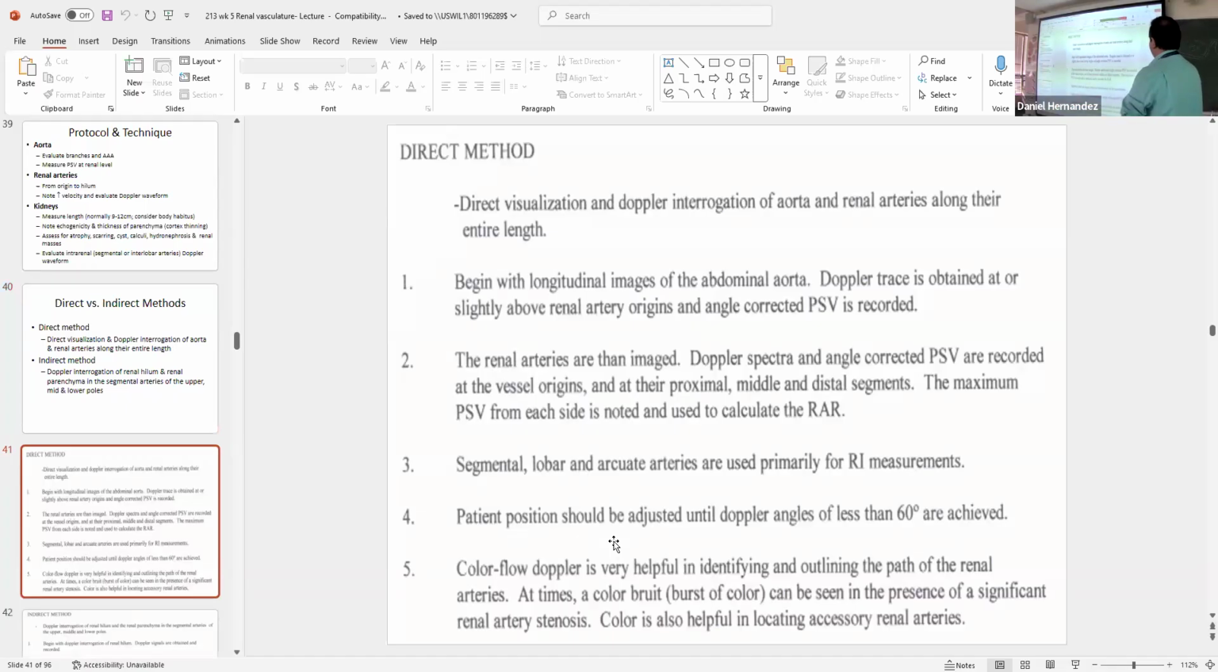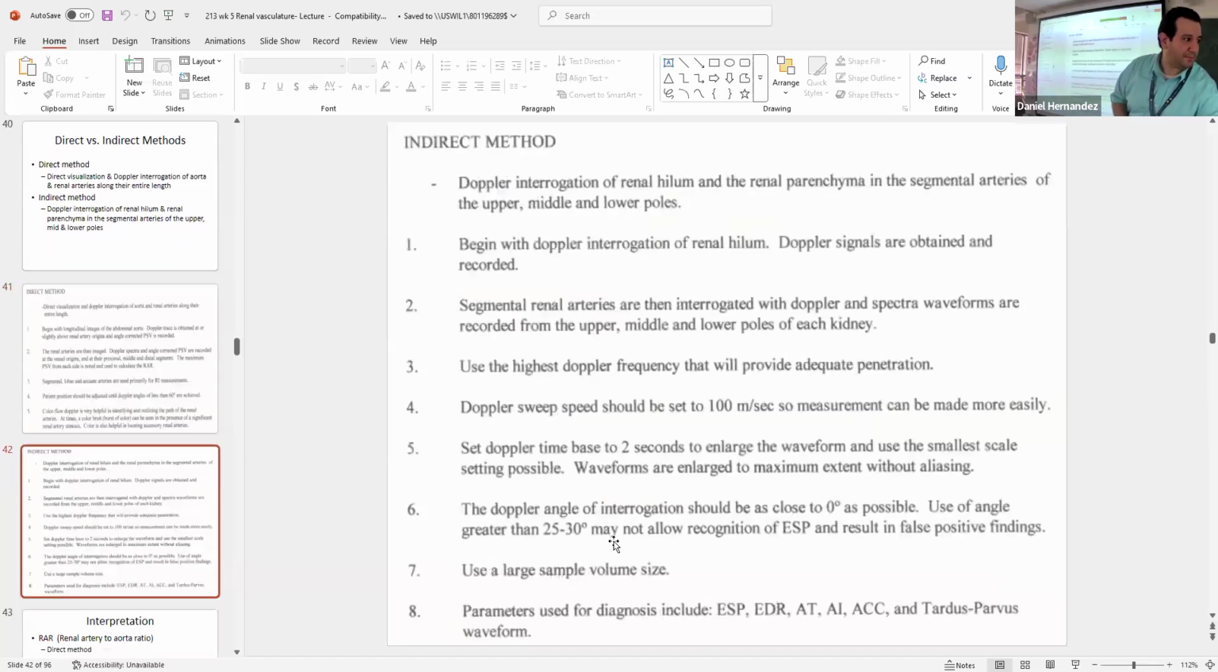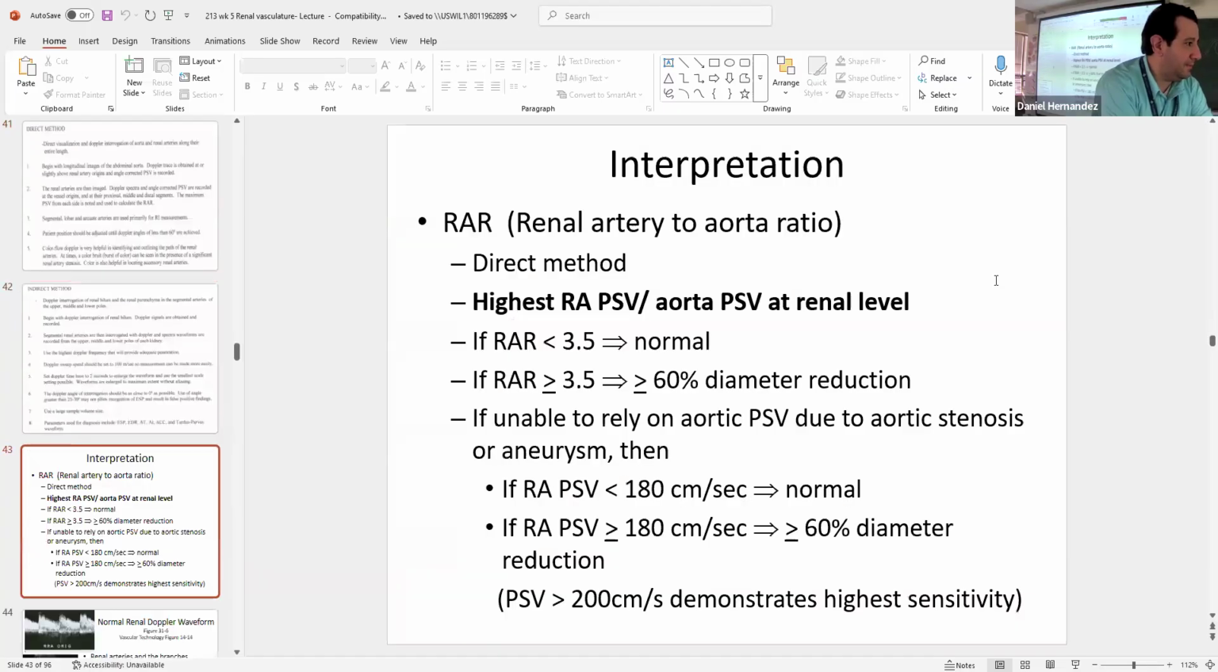That's kind of what that's summarizing. Yeah. Direct method, we need to visualize the entirety of it. All right, interpretation. So direct method,